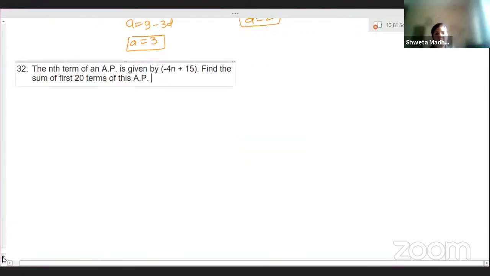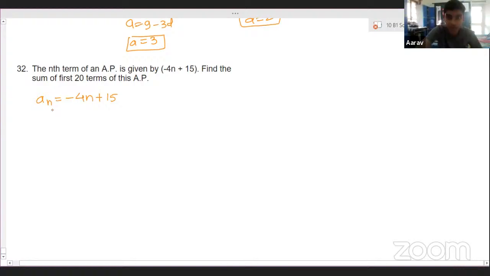The nth term of an AP is given by minus 4n plus 15. Find the sum of 20 terms. Can you form the AP from this? An is equal to minus 4n plus 15. To form the AP, for the first term, we put n is equal to 1. They are asking only the sum of 20 terms, so we need only the first term and the 20th term. So A is equal to